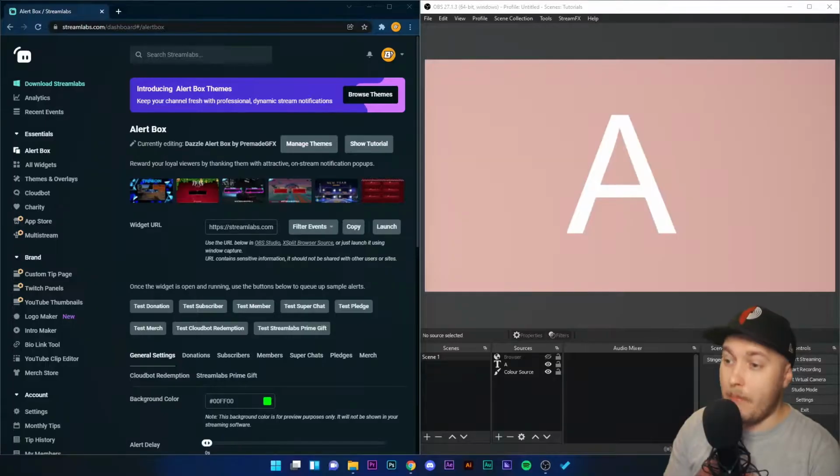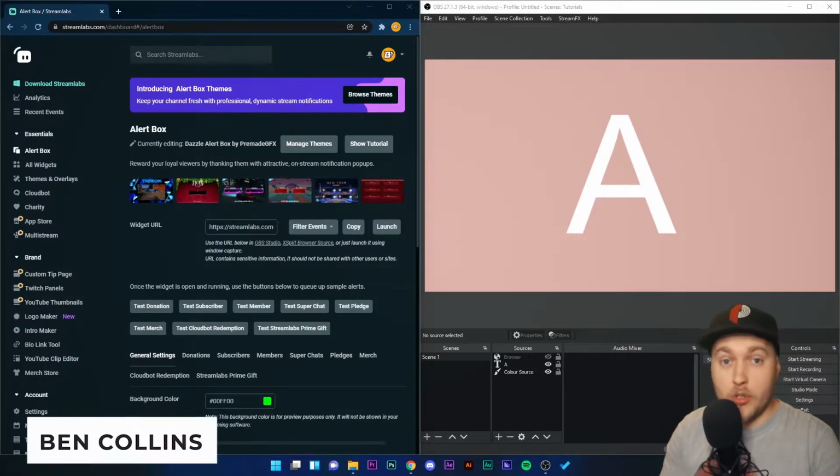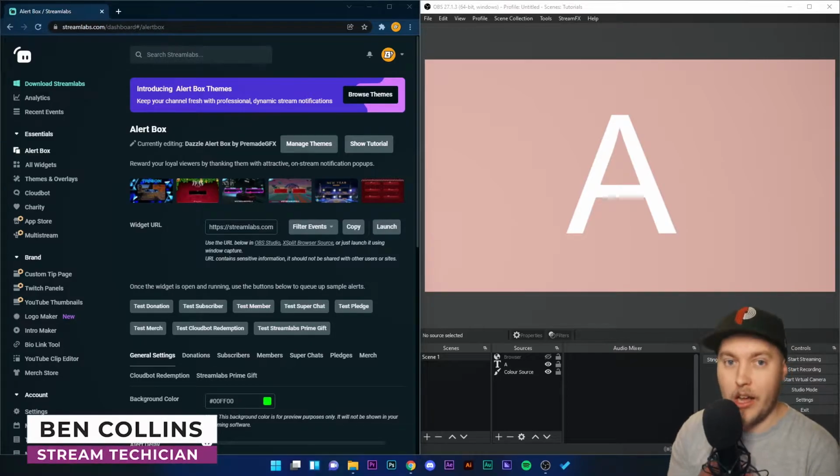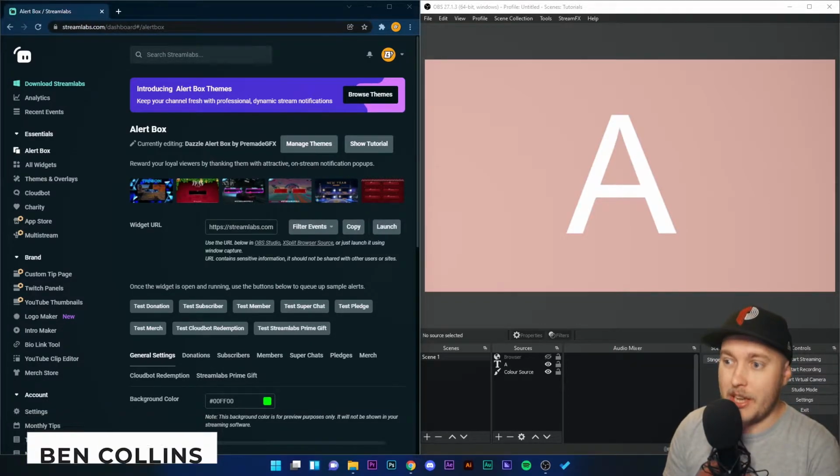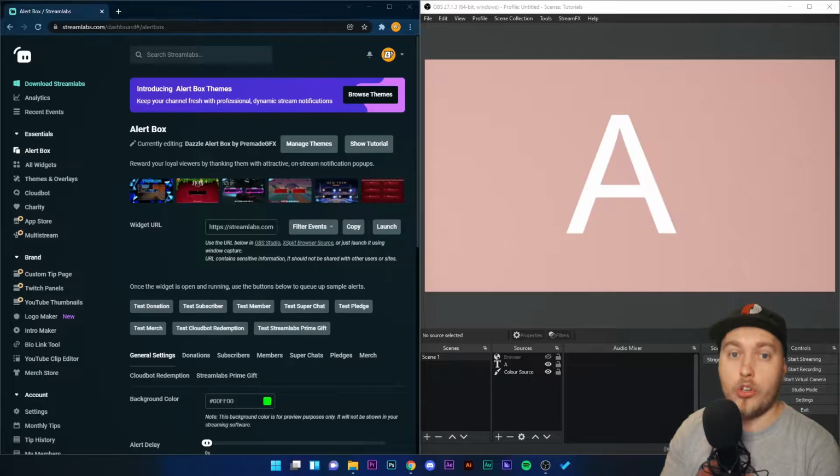One of the main features that streamers want on their streams is an alert box. An alert box is basically an area on your screen where alerts or notifications will pop up when something happens on your stream. And those things could be when somebody subscribes or follows or donates or buys some of your merch, etc., etc. Whenever anybody reacts or interacts with your stream, something is going to pop up in that alert